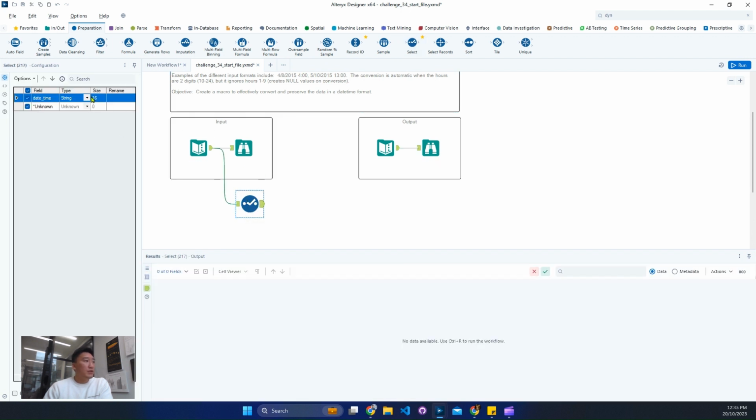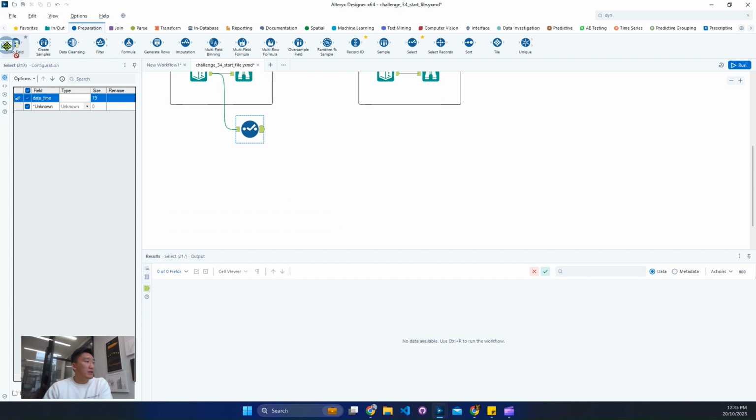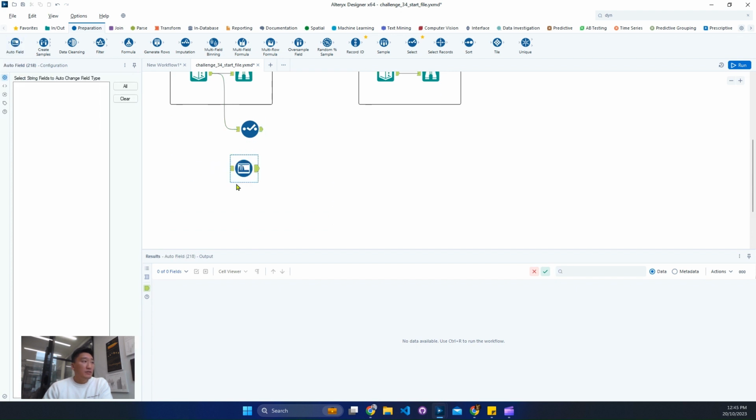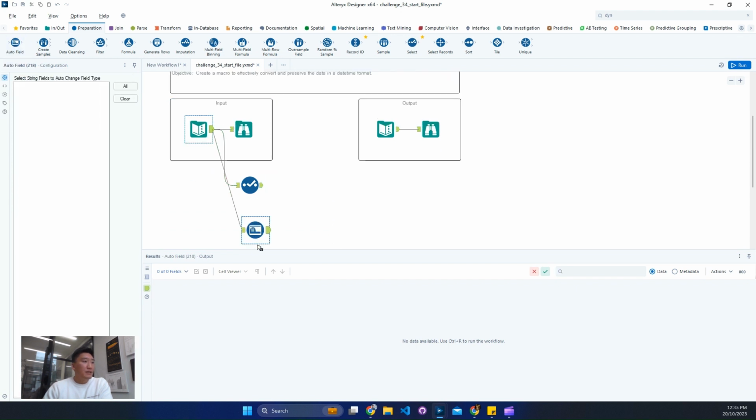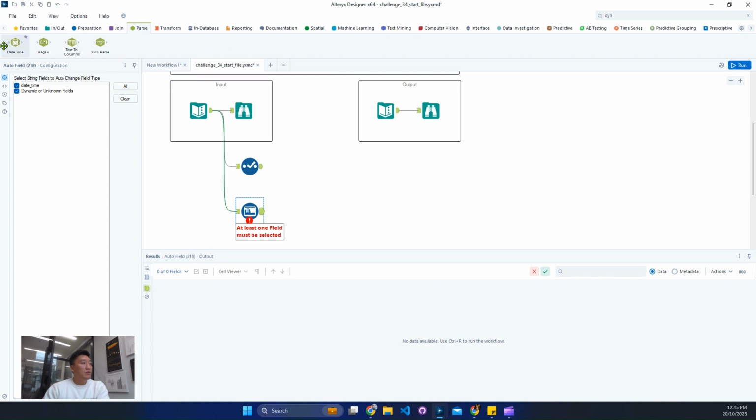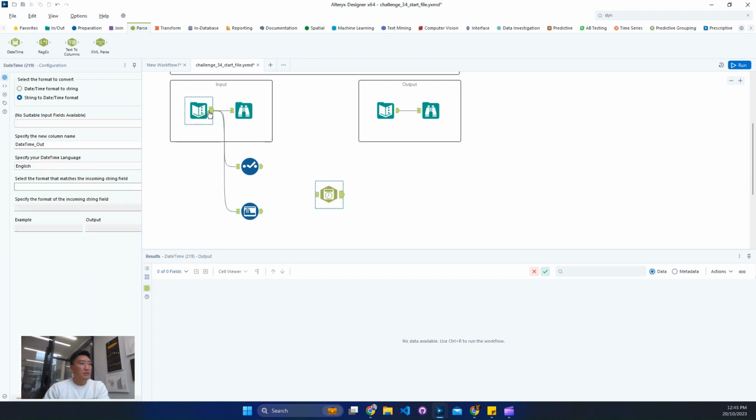Data conversion, one of those is you can always use a select to cast the data and let the tool do its best, see what it gets. We have auto field to say do your best to convert. So they should behave similarly. We do have a date tool as well, within Alteryx. Let's just drag that in